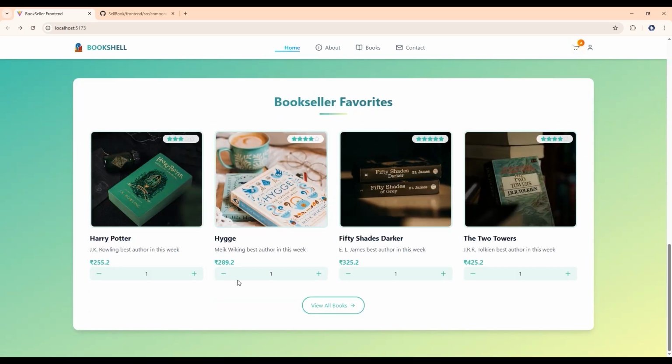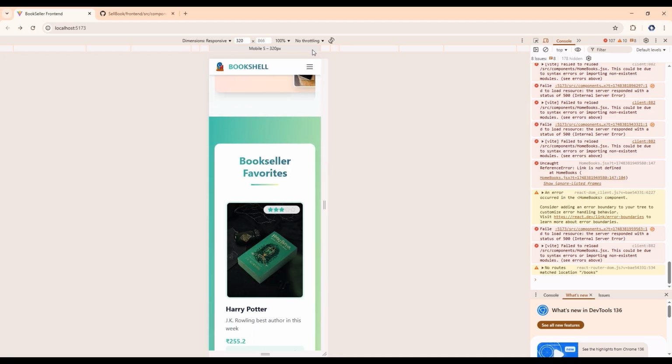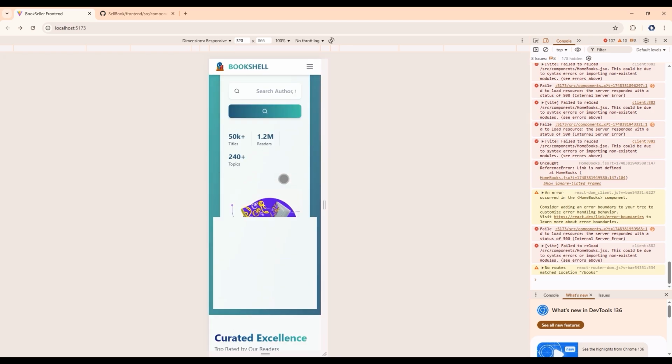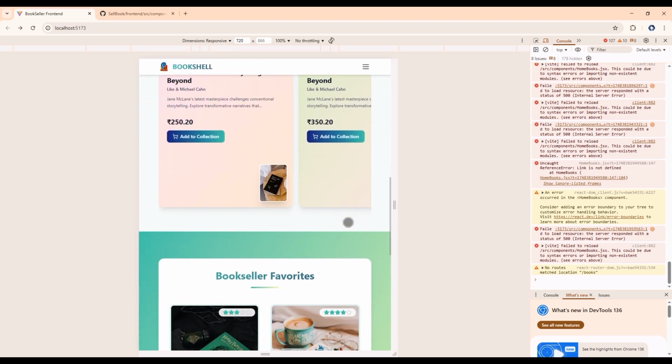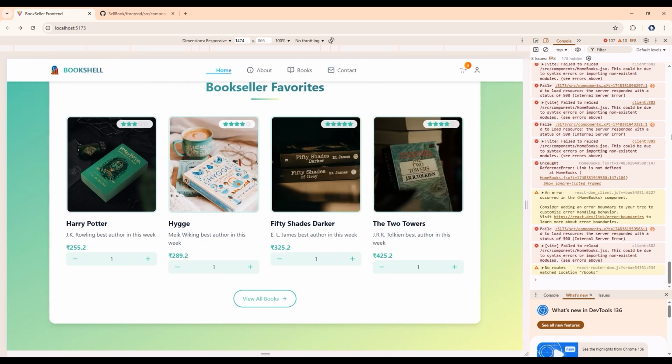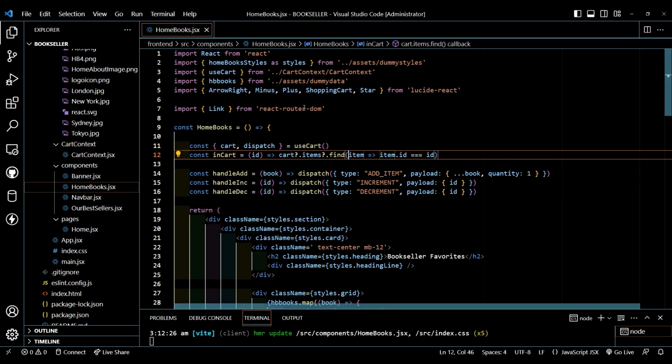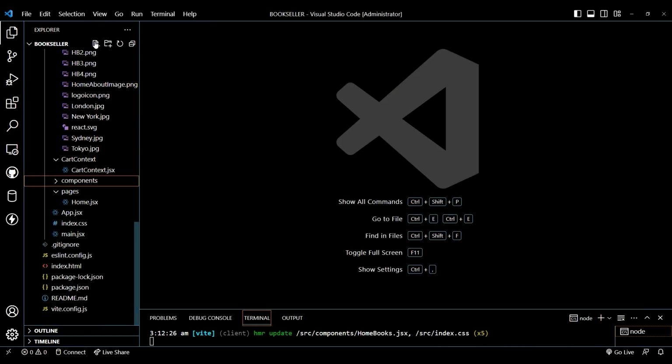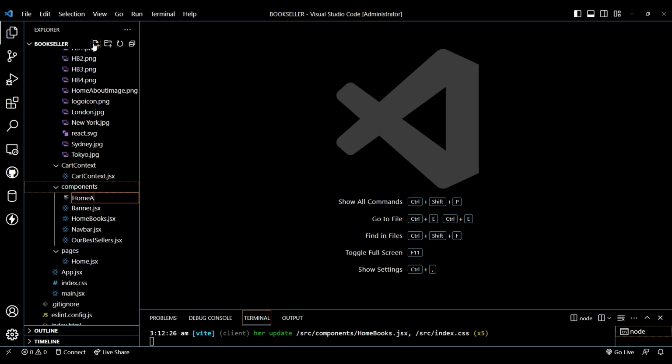So the quantity is 4, as we have added the 4 items here. Till now the site is responsive for all the devices. So now after this, let's close this and create another component, that is home